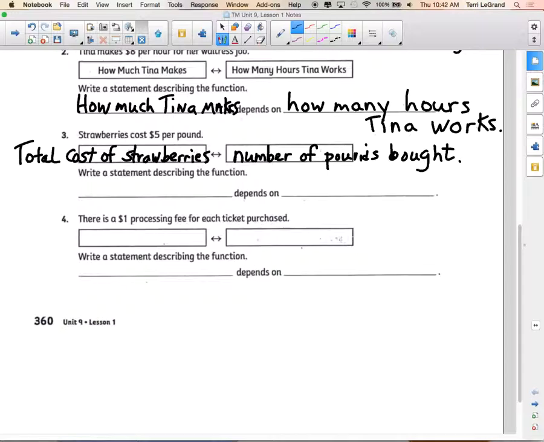Okay, now we have to figure out which one is dependent on the other. $5 is not involved at all right now in describing these relationships, like what are the things in the relationship and what's dependent upon what. We don't care about the $5 at the moment. We just care about which of the 2 is dependent upon the other, or which one's in control. Jenny? The number of pounds depends on the total cost. Okay, so